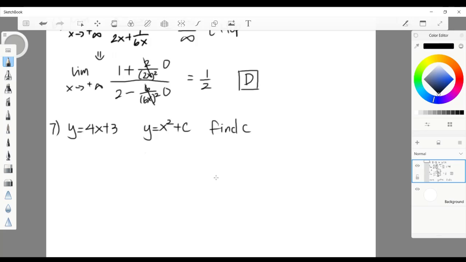In here, we first take the derivative of this equation, which will get y prime equals 2x. Since c is a constant, it's a 0. We can tell that since these two are tangent to each other, then they have the same slope